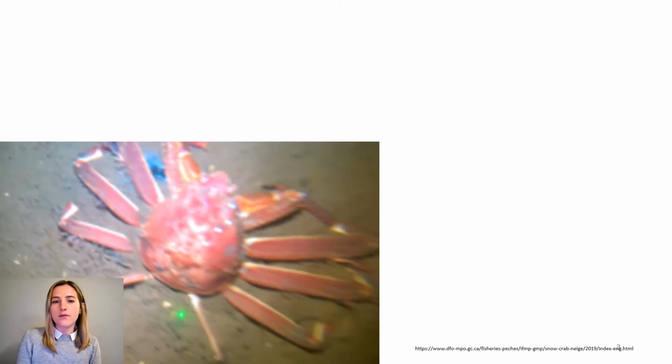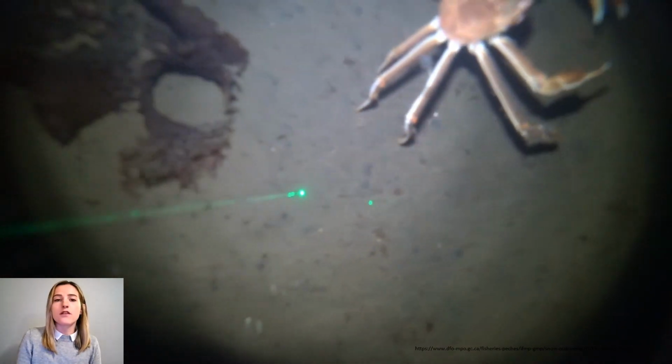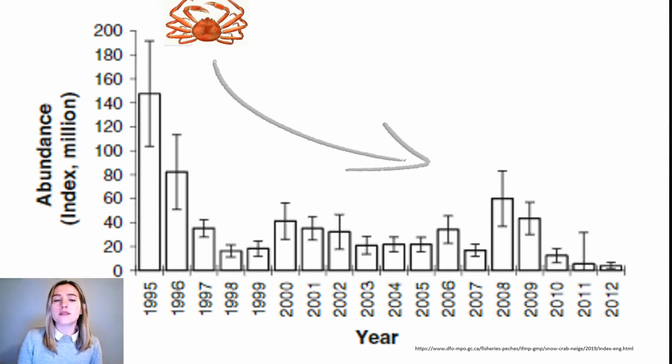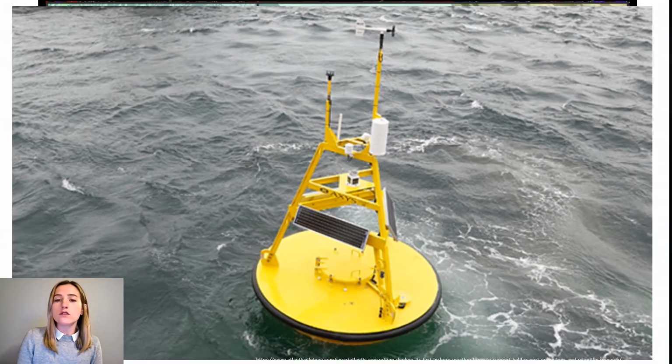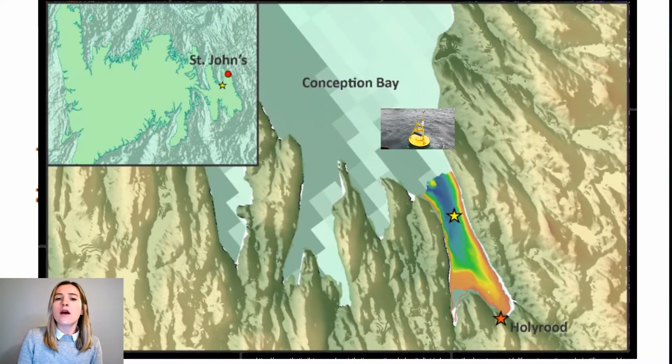In Newfoundland and Labrador, many people depend on fishing snow crab to pay their bills and put food on the table. Conception Bay is part of the inshore commercial crab fishery. The issue here is that landings have been steadily declining since 2009. Holyrood is also the location for the Smart Atlantic Alliance, where a meteorological and oceanography buoy has been recording environmental